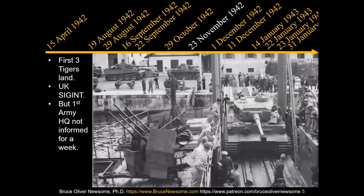So the first Tigers land in Africa on the 23rd of November 1942. There are 3 Tigers in a batch. They're sent on this railway ferry, 3 of them, and accompanying Panzer IIIs, because that is how the Heavy Tank battalions were structured at the time, with a mix of Tiger tanks and Panzer IIIs. Both types of tank are shown in this photograph. That is the first Tiger tank to be loaded onto the ferry,